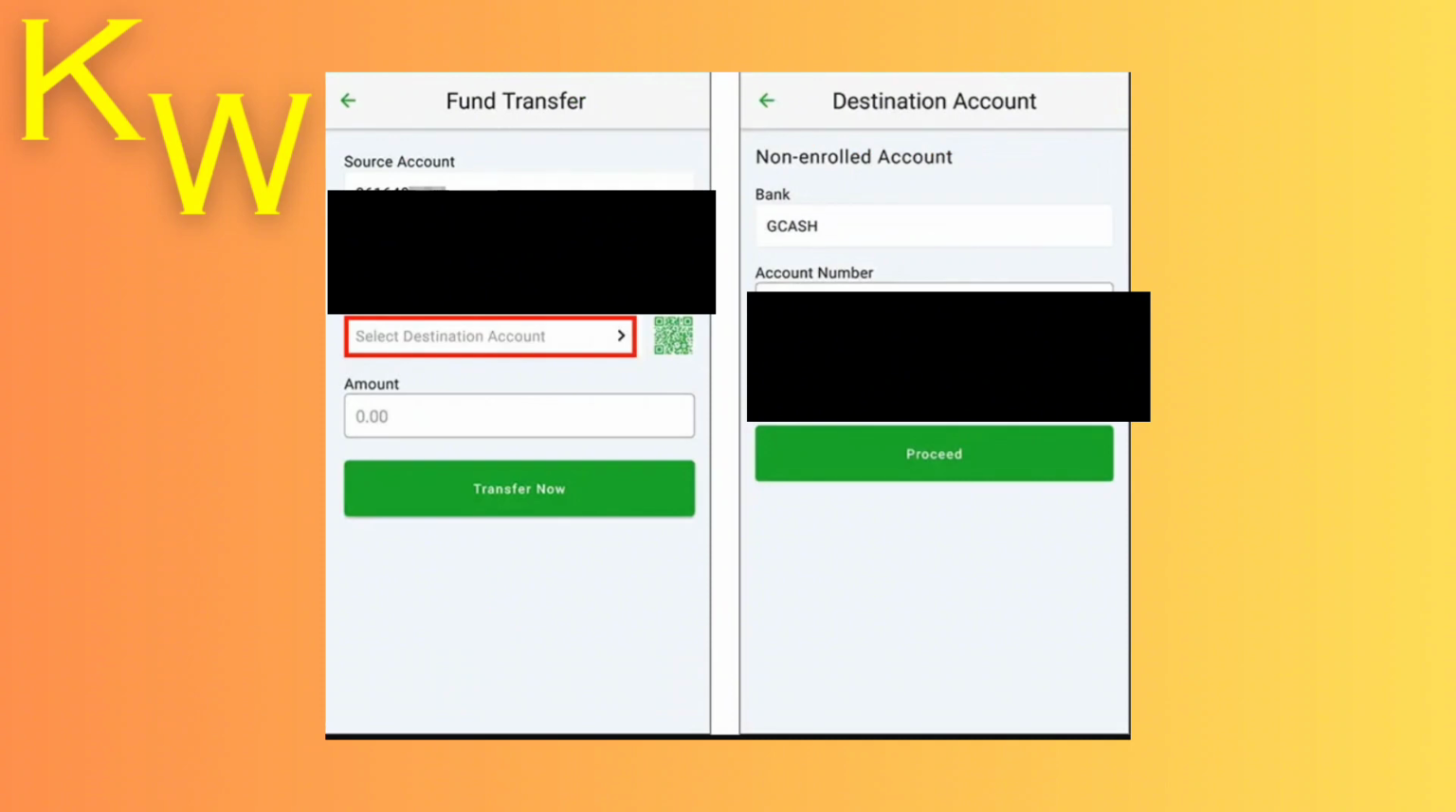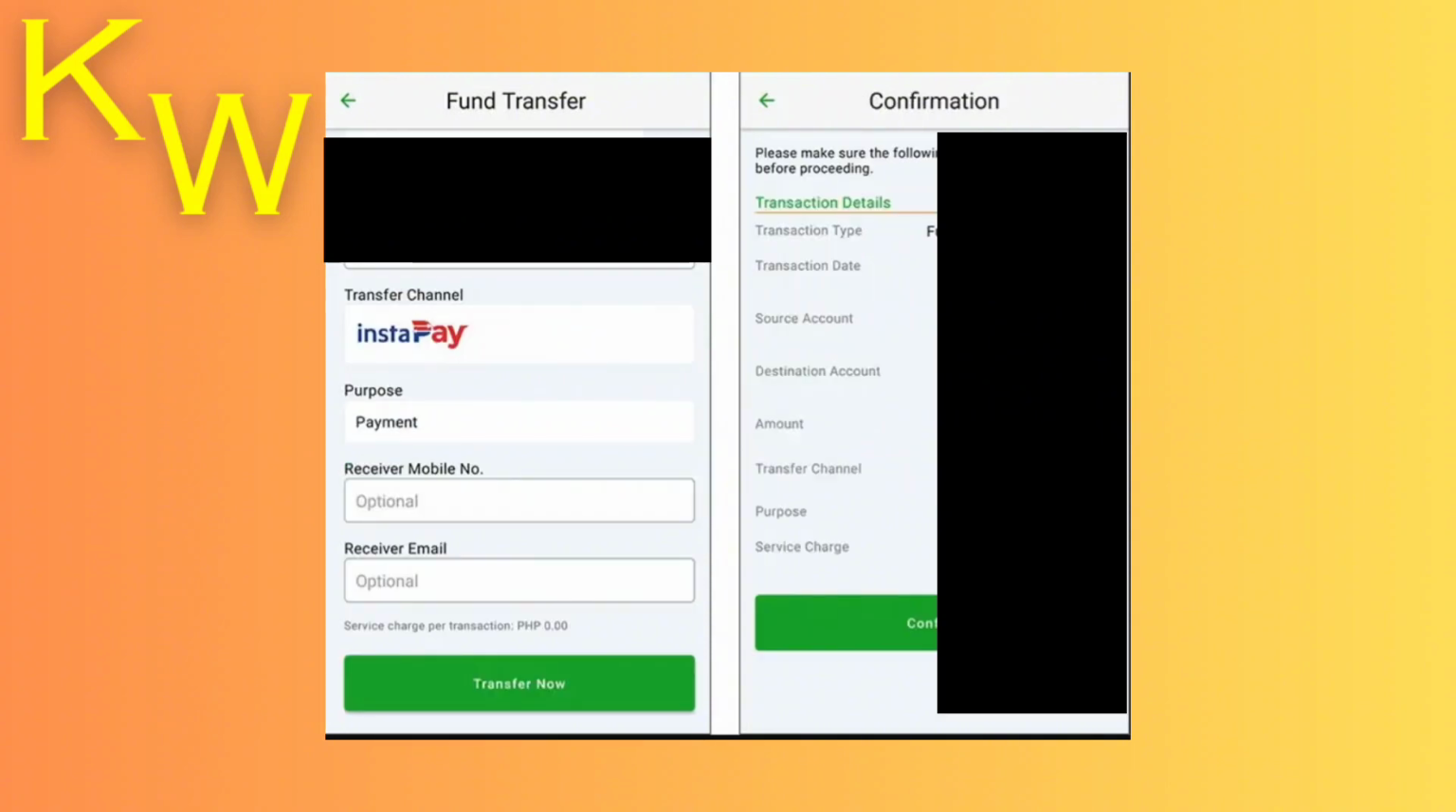From there, put GCash as your destination account, and then click on Transfer Now, and then it's going to ask you for the account number and receiver name. Put in all of this information and then click on Proceed. After that, put in the amount, and the purpose will be payment, and then click on